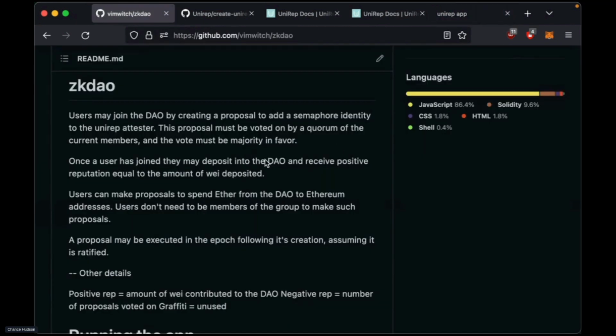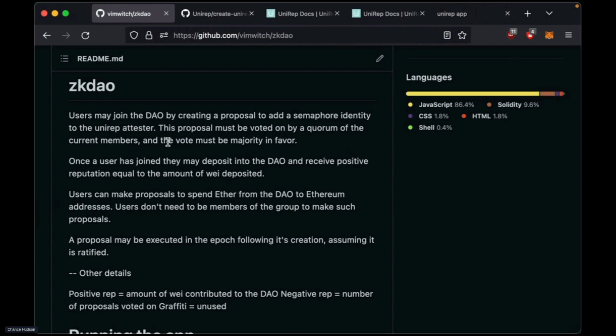This is the user interface we're going to get to. Right, so basically we have this DAO that has two types of proposals. The first type of proposal is a user joining. A user proposes that they join the DAO, and then all the existing users get to vote on whether or not that user gets to join. And the second type of proposal is a spend proposal.